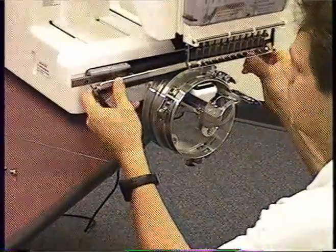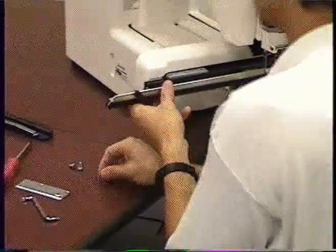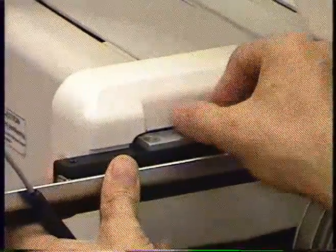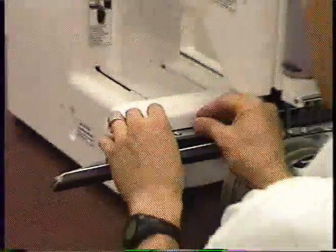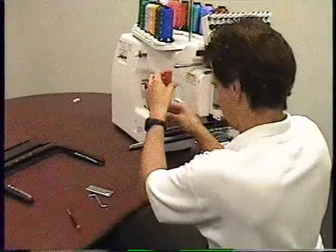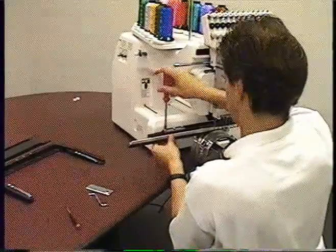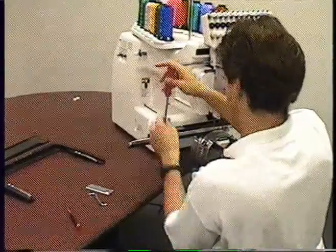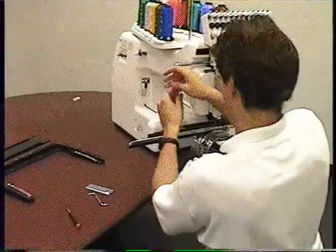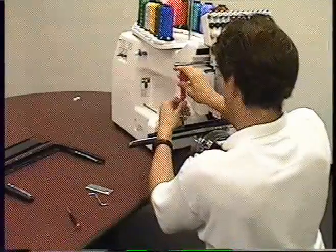Once those are on, we can slide this right underneath this piece here, and those 3 Phillips screws are going to hold this in place. We'll do this whole operation with the machine off so we can slide the pantograph around, and then once we get it into place, we're going to slide it back to where it's